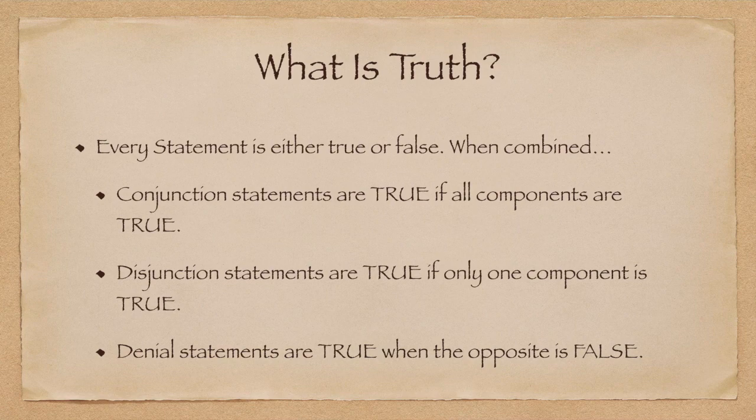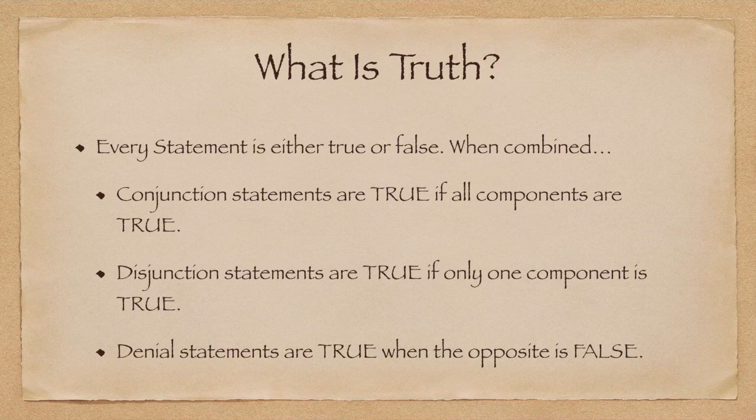Disjunction statements are a little bit different than conjunction, because if a disjunctional statement has one part that is true, then the whole statement is now considered true. It is raining or it is snowing. If I say that, and you walk up to the window, look outside, and you see that there is snow falling from the sky, you assume that I've told the truth. It is a valid statement logically because only one part is true. Now, it's not raining, that part's false, but it is snowing, that part's true. Therefore, disjunction statements are true if only one component is true. The third kind of statement, denial statements, are true when the opposite is false.